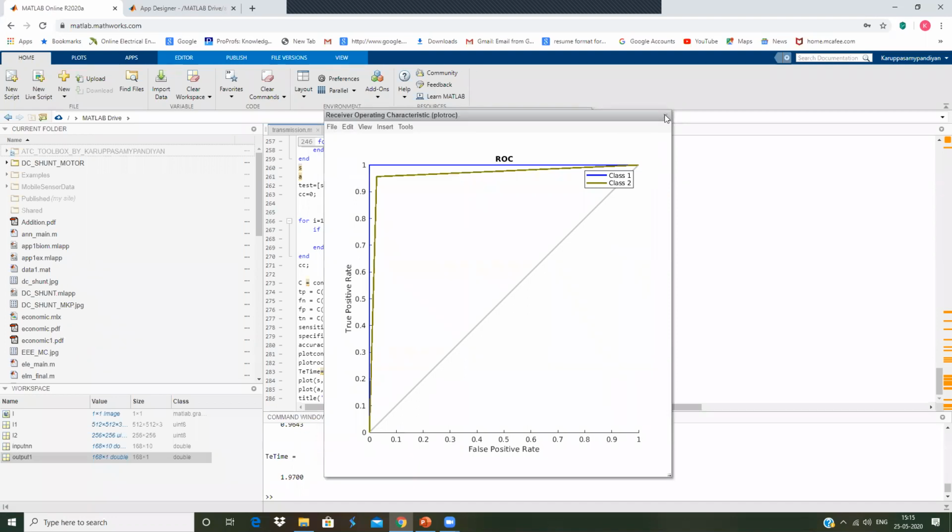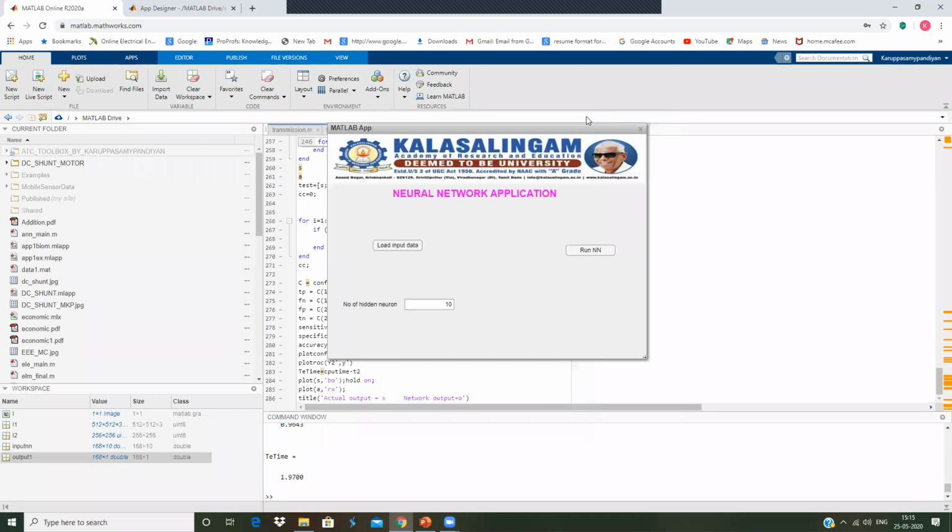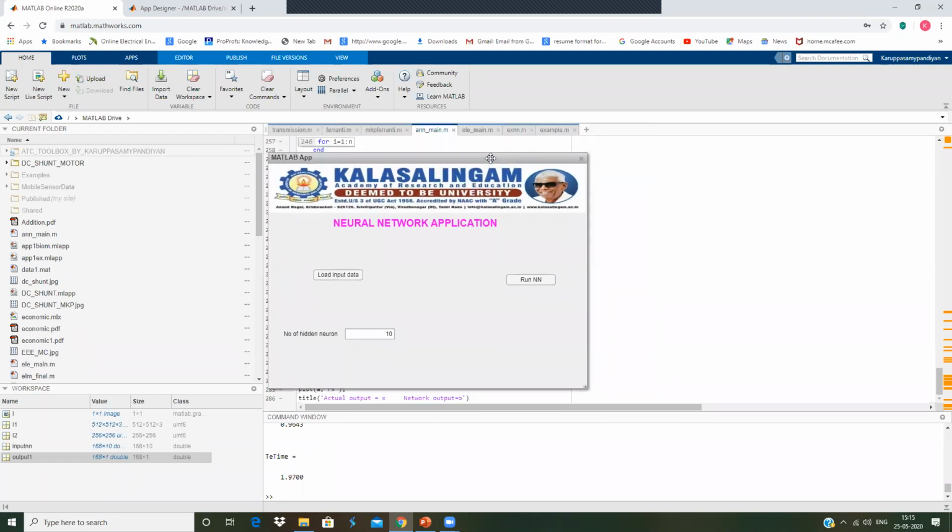Okay, so this is how we can develop a MATLAB app. If you know the background behind the mathematical calculation for any application, we can easily develop this MATLAB app, right? And also we can convert this MATLAB app into an exe file or web server file, and we can deploy this MATLAB app onto the MATLAB web server also. But that cannot be done with the help of the MATLAB online editor. That is only done with the help of the normal MATLAB.